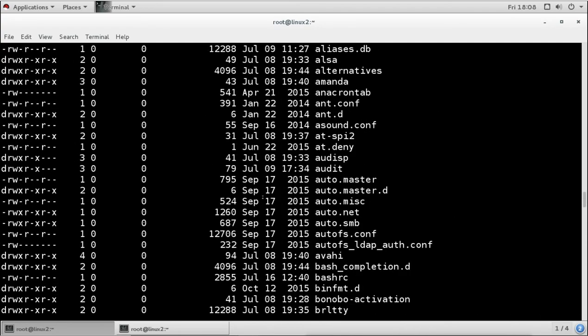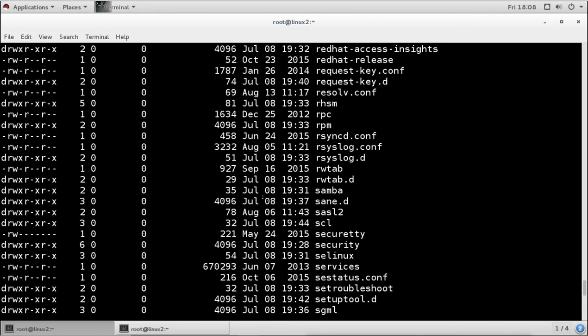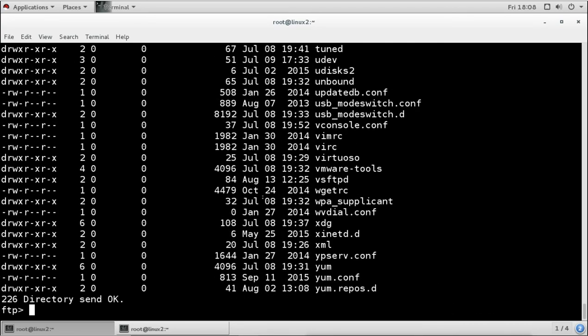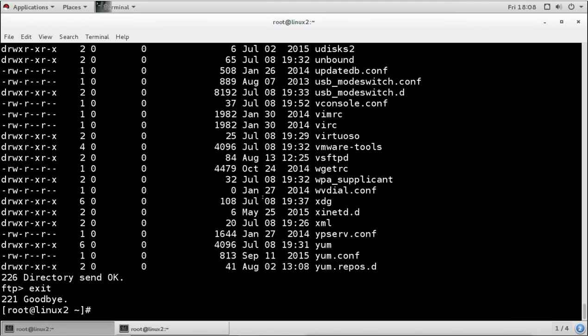So this is the problem here, because normal users are not under chroot. Only the anonymous user is under chroot. But when you enable chroot for other users, then we have to remove the write permission on the user's home directory. Otherwise we can't use that chroot, because if the user has write permission on the root directory, the user is not able to log in. But we can do the chroot for other users also, like the anonymous user.